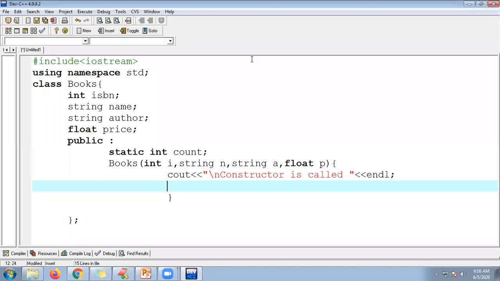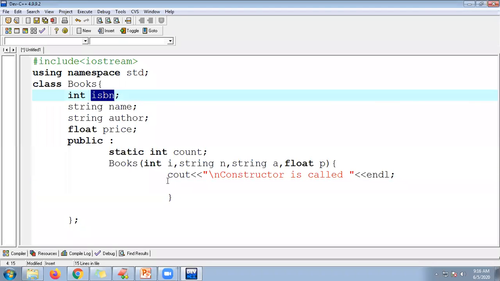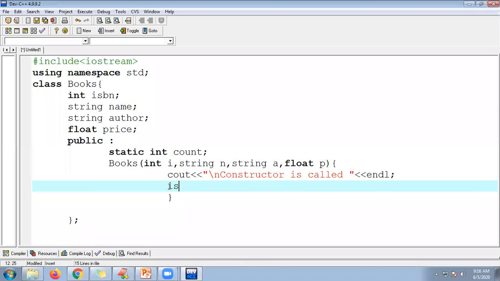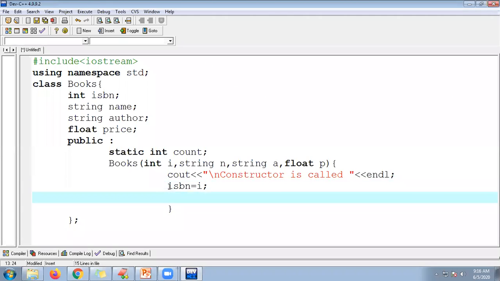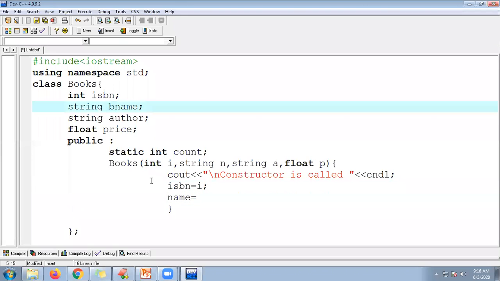So guys, let me initialize the ISBN with my default values. So here is ISBN to the I. Next, let me initialize the book name. Instead of using name, let me use here book name, BName.